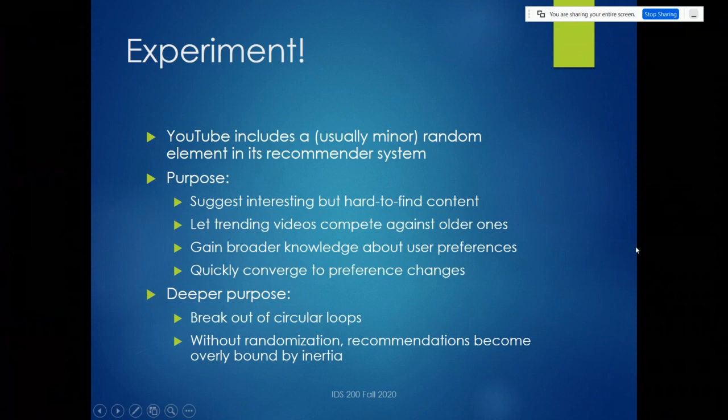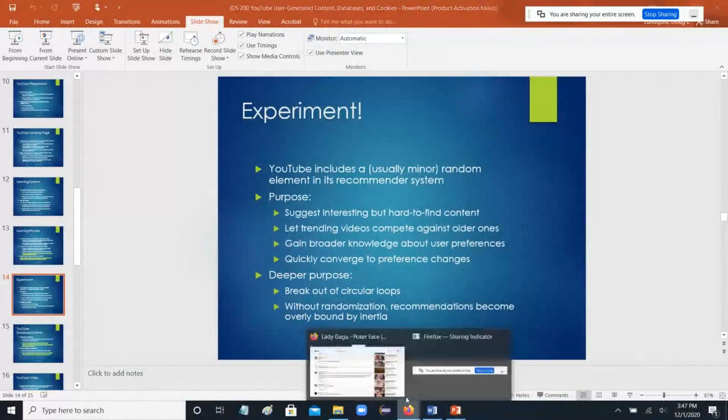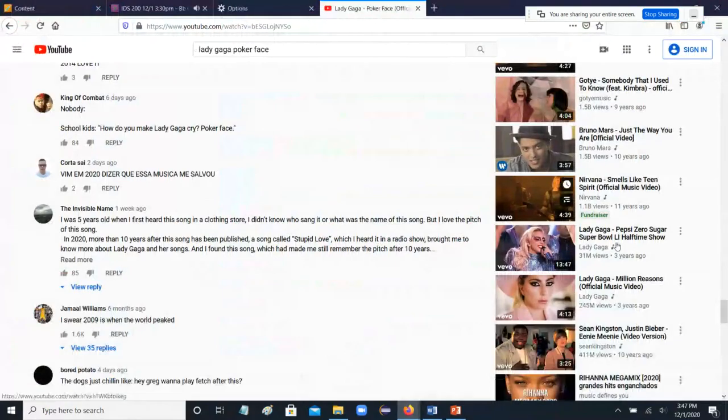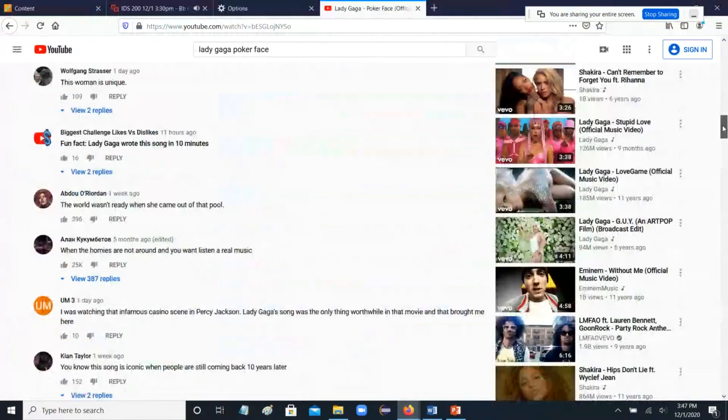Of course, another purpose is to gain broader knowledge about user preferences. Most of the time, if they throw you some oddball thing in the recommendations, you're not going to click on it. Sure, that's kind of expected, but once in a while you will. And if they get that, then they learn something potentially important about you. For example, there was a song on the side here, which is about as unlike a Lady Gaga song